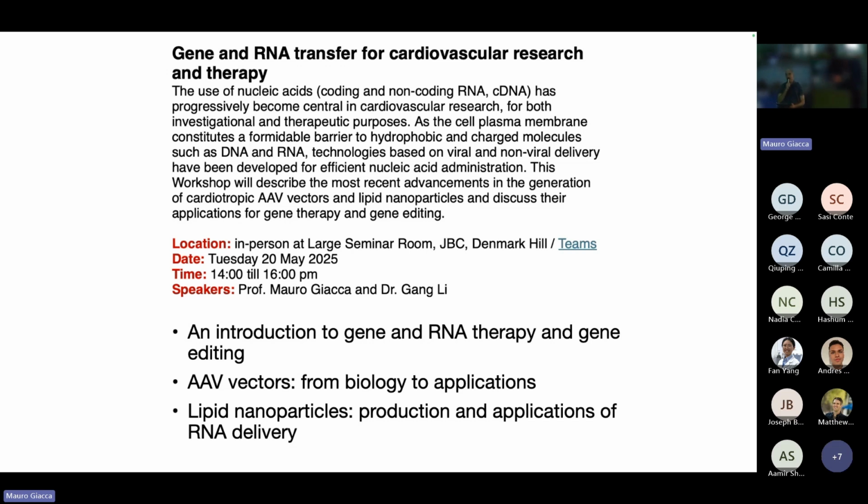take advantage of these couple of hours to first take you through the current status of gene and RNA therapy and gene editing. So I will walk you through the development of this area, which has been really very fast and very impressive in the last say 5 years. And in this context, then we will speak a bit more about AAV vectors from the technology point of view, the possible applications, and now of lipid nanoparticles, which are two platforms that we have available here and are very interesting, especially for cardiovascular